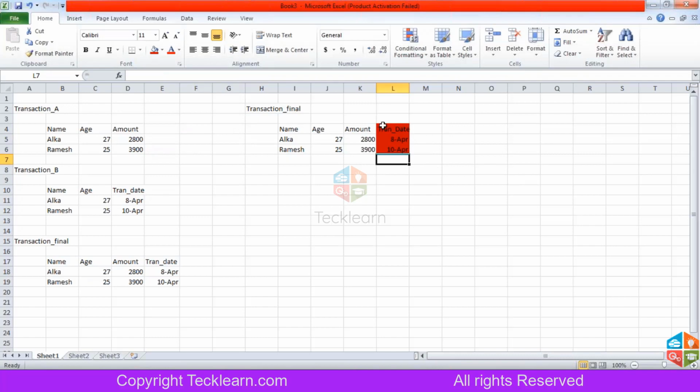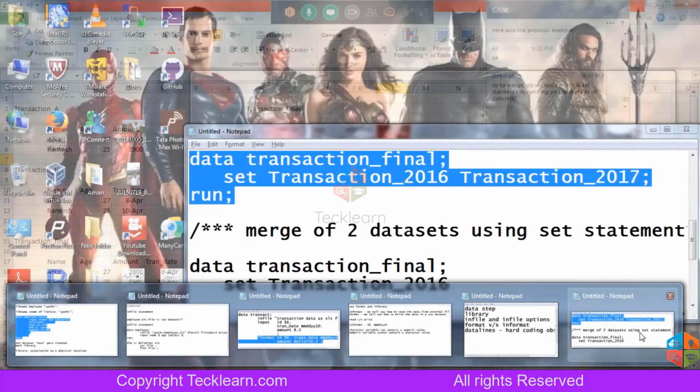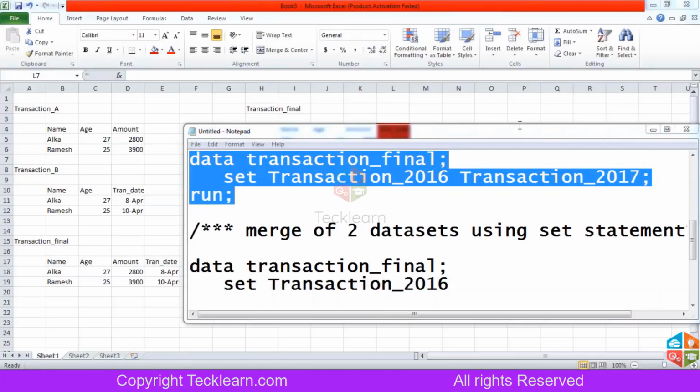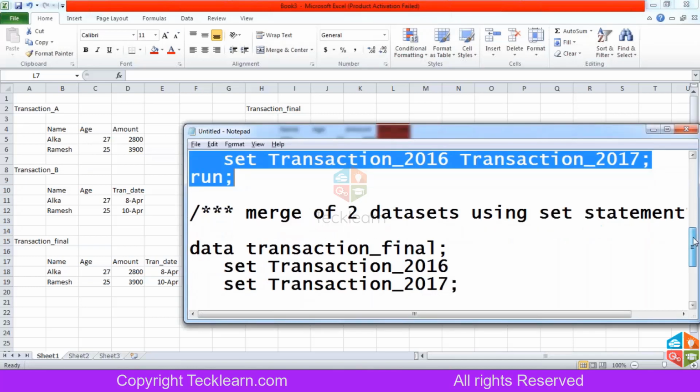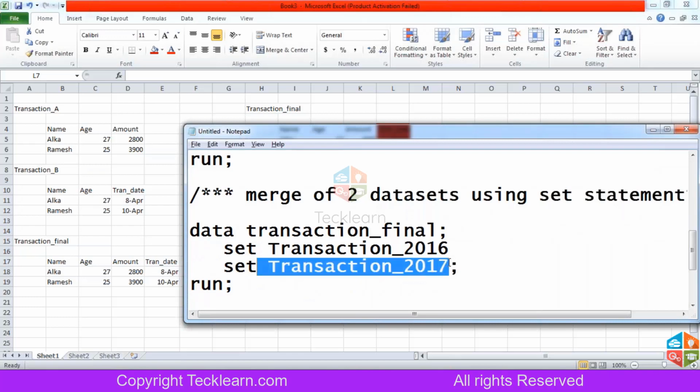You won't find this part in your transaction final dataset. So to merge, do we write multiple set statements depending on the number of datasets? Exactly. Yes, Deborah. To merge, we have to mention set for each dataset. Had there been three datasets, like set, there would have been a transaction dataset known as